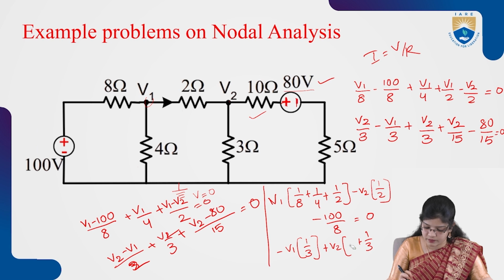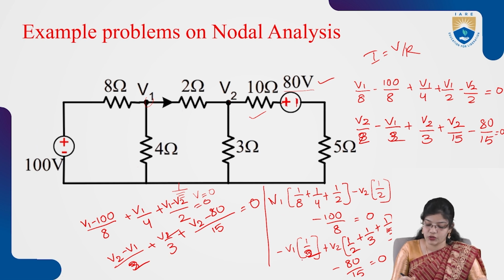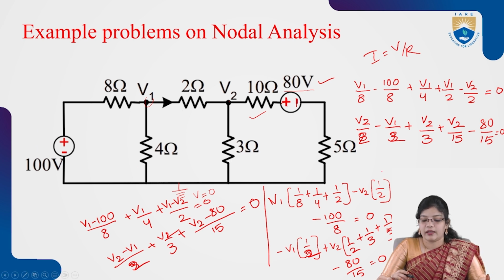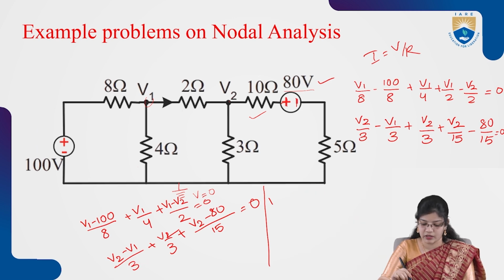And then it can be written as 1 by 2. So I'm taking out the values of V1, V2 for both the equations, and I'm going to calculate all these equations, and then I'm going to write the two equations. So the two equations can be written as